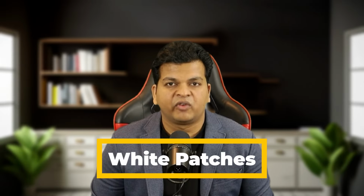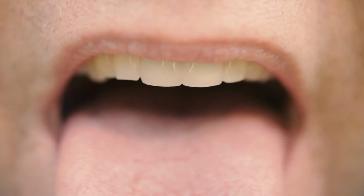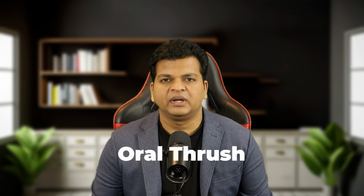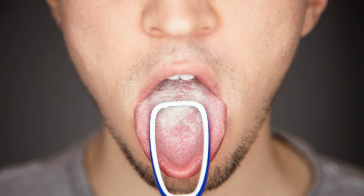Let us start with white patches, one of the most common changes people notice on their tongue. These patches can stem from a variety of causes, so understanding the underlying reason is the key. One possible cause is oral thrush, a fungal infection caused by an overgrowth of Candida albicans. Oral thrush presents as creamy, white, slimy, raised patches that can be scraped off, often leaving a red or raw